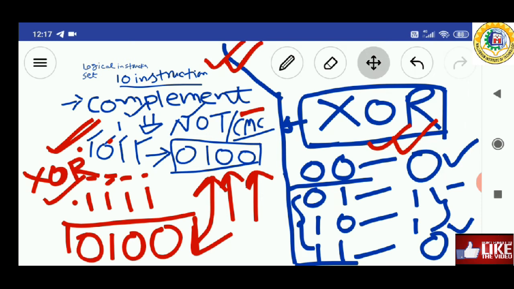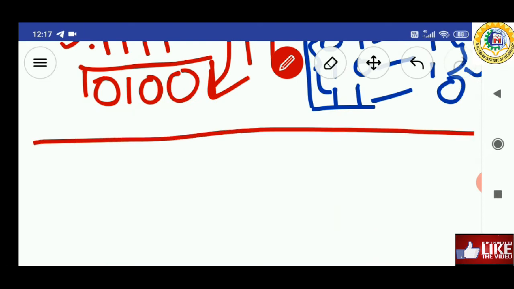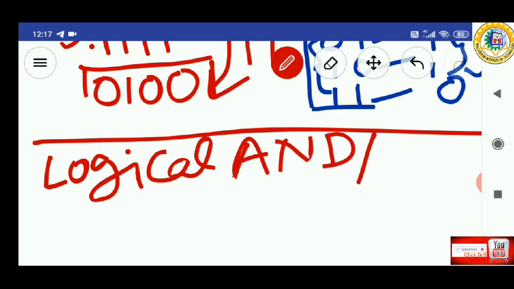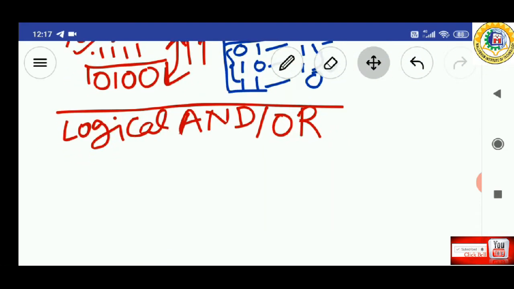Next we will see the logical AND and the logical OR operations.